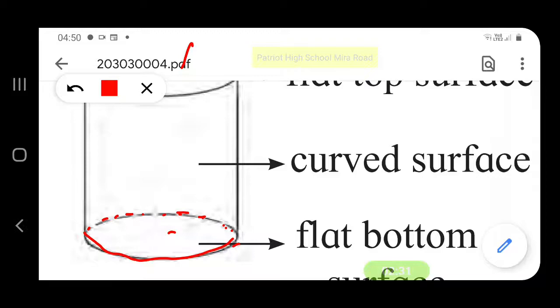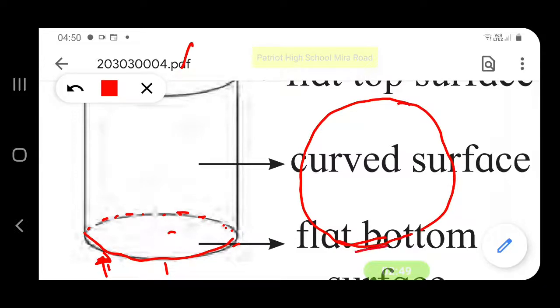If we look at the cylinder from the bottom, suppose you pick up the cylinder and observe it from the bottom, you can observe a perfect circle. You will observe a circular face.